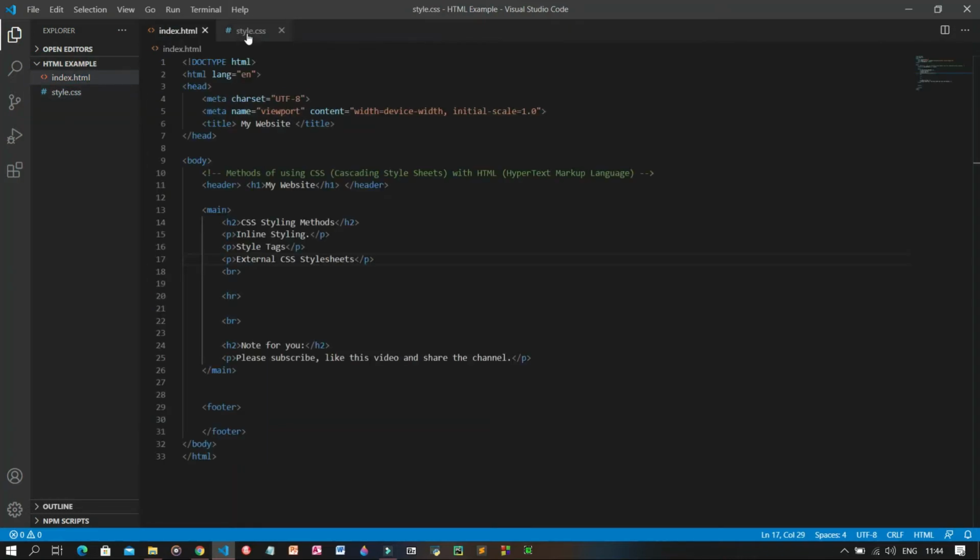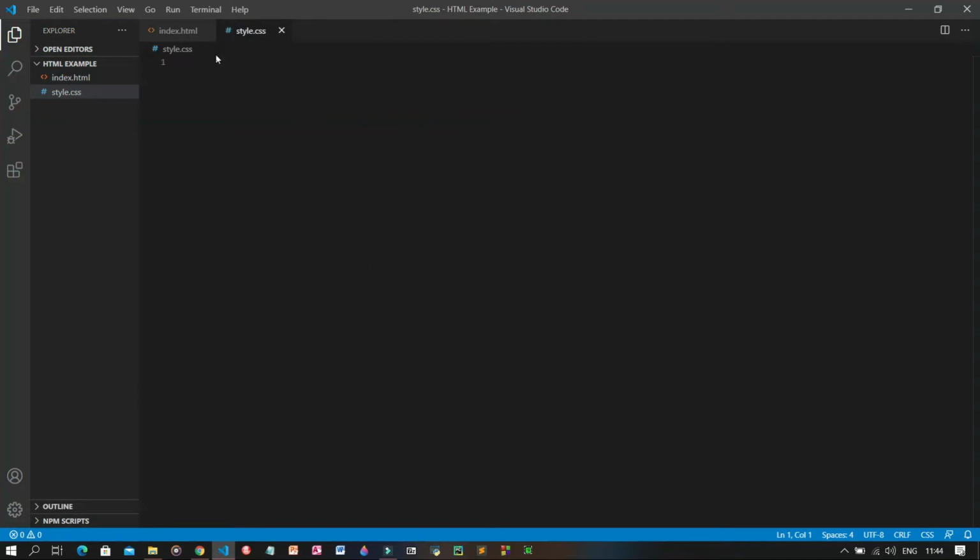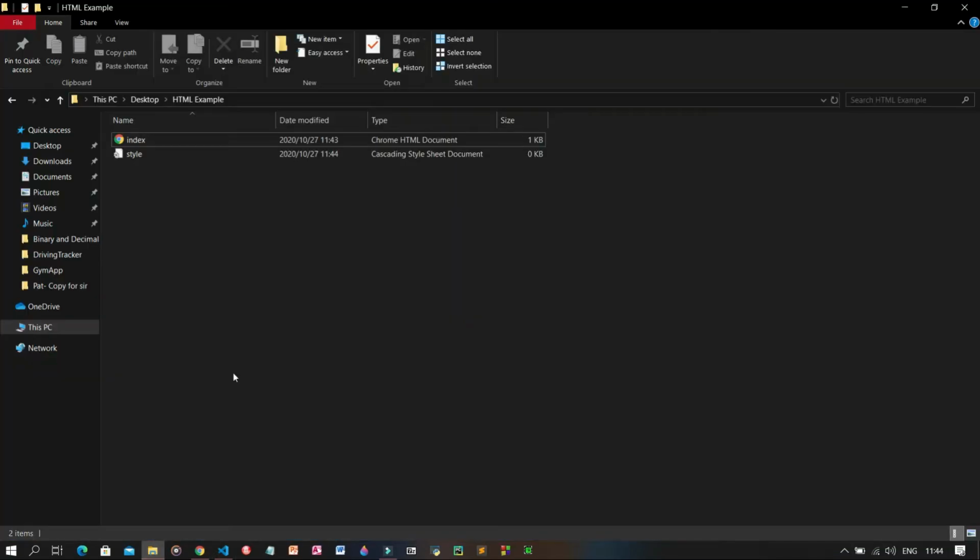So now you have separate files, one for styling and one for the structure or HTML. This is very useful. So if you go back to our folder, you can see that this was created, a style document. It's called style and its type is CSS, cascading style sheet. So going back to the code,